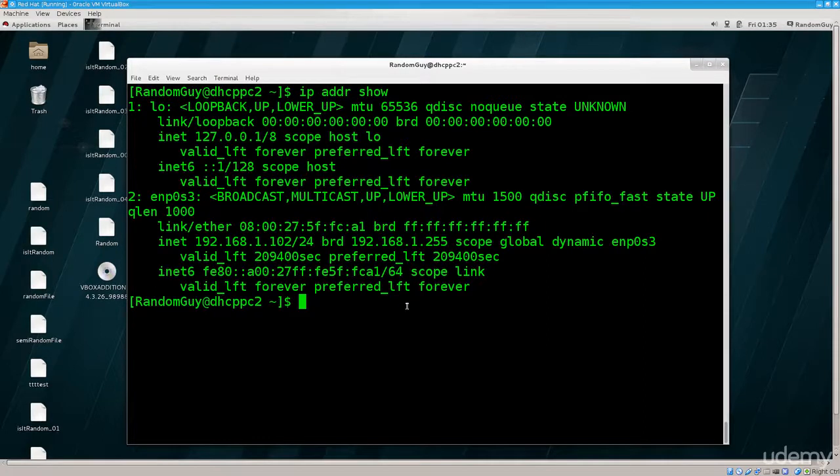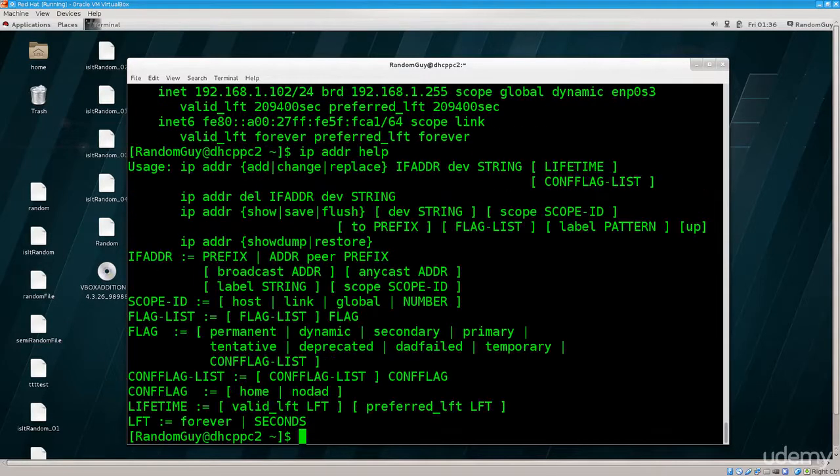So go ahead and type in ip addr, and the help menu here is a bit different from the ones that you've seen before. You do not require any hyphens, rather you just type in help, and there you have it. So here we can take a look at the help bar, and what I'm interested in the most is the syntax of the command. So ip addr, and then it says in the first line add, change, replace. At the moment I would like to add,